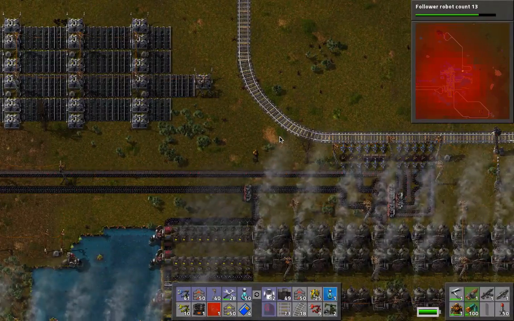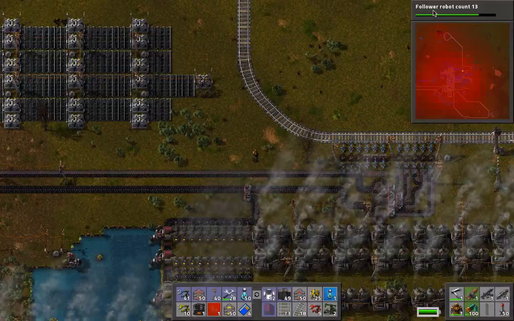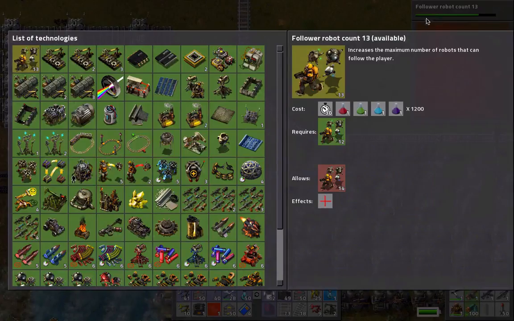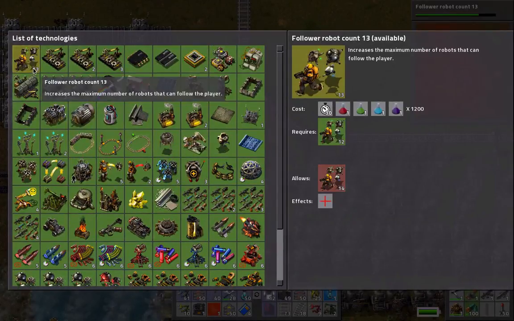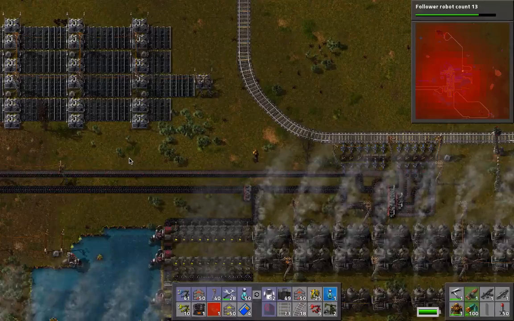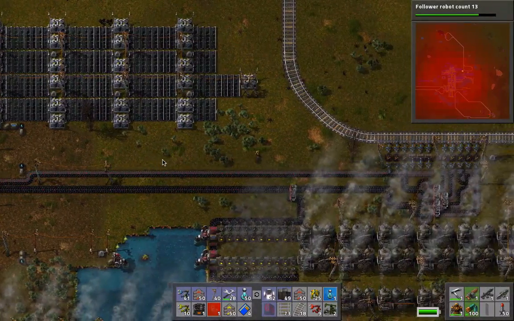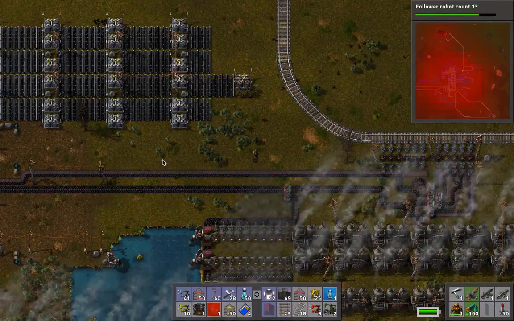So I've gotten to a point where I'm pretty much in the end game. You can see I'm researching follower robot count 13, and if you look at my research tree, I don't know if there's another one after this, follower count 14, but I pretty much researched everything, and I think I've built everything that I need to build in terms of finishing the game. So let me walk you through some of the stuff